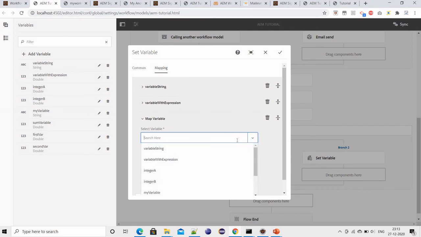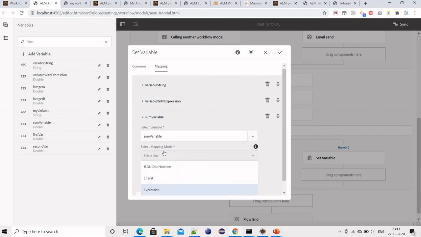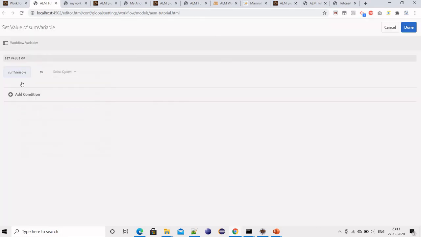My variable is some variable, and with the expression I want to set the value of it. What will be the value? Some variable